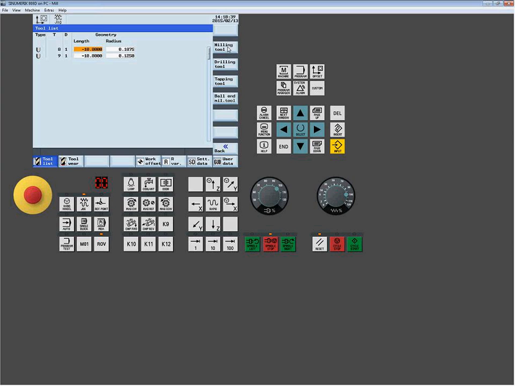So in this example, I have a 3/4 inch end mill to do my primary rough machining around the periphery. Then we have a 3/8 end mill to do the helical in the center. And then we're going to use a center drill, which is 3/8, and a quarter drill to drill holes. So select